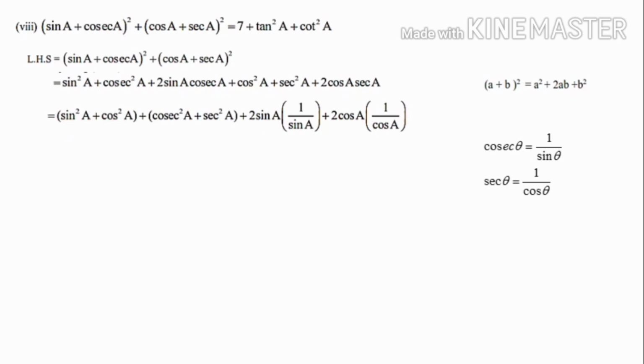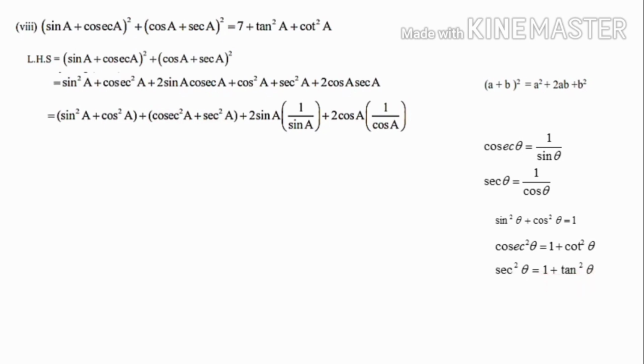Then in our answer we don't want cosec square a and sec square a, but cosec square a we can change to cot and sec square a we can change to tan also. So the formulas we are going to use is sin square theta plus cos square theta is equal to 1. That is going to use here. Then cosec square theta is equal to 1 plus cot square theta. That we are going to change with the cosec square a. Cosec square a is 1 plus cot square a. And sec square a also we are going to change as 1 plus tan square a.